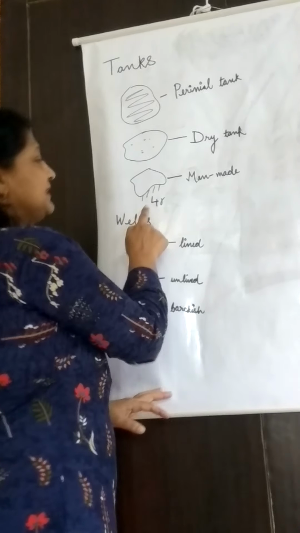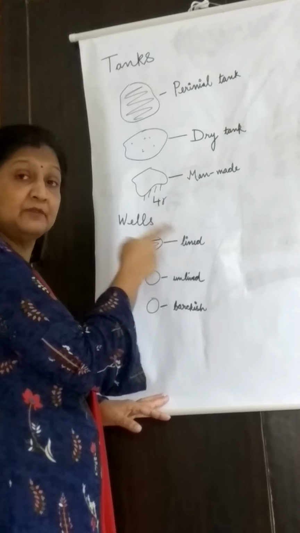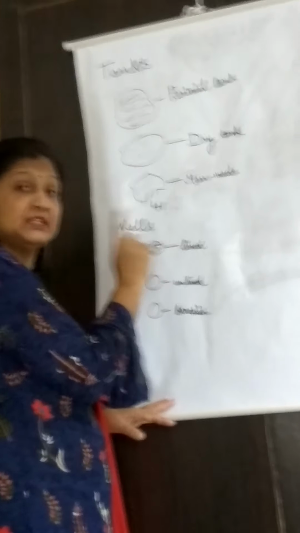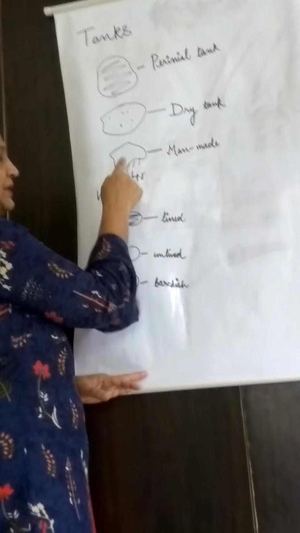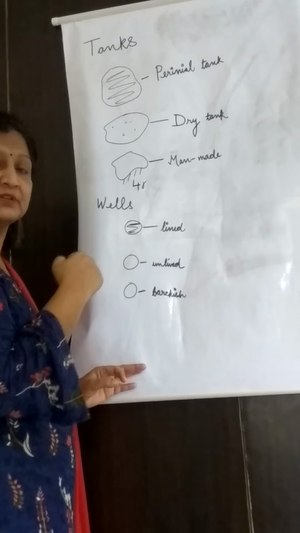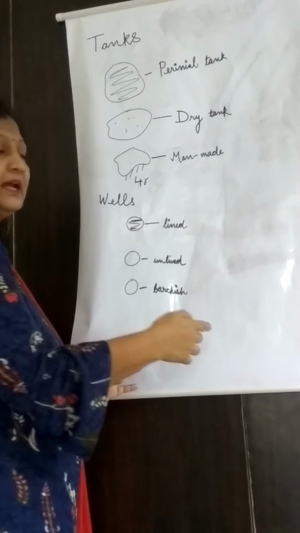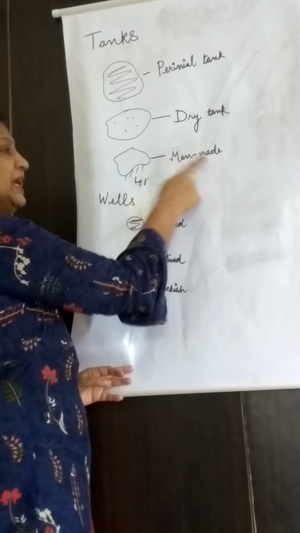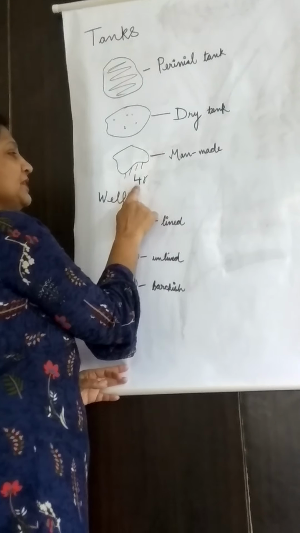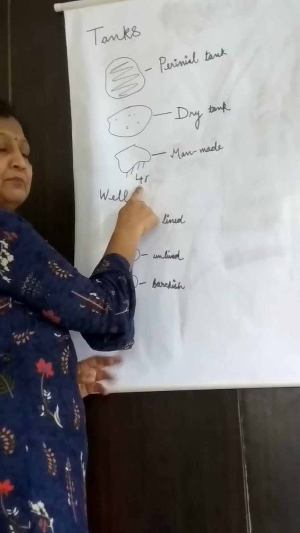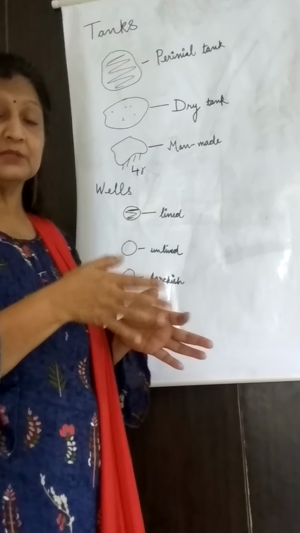And the third type of tank, where it was written, if you see the symbol, you have seen this symbol in the river also, the erosional feature, relative height. If the tank has this type of particular lines at the side of the tank, it means that was a man-made tank. In that particular area, that tank was made by man. So it is known as a man-made tank.